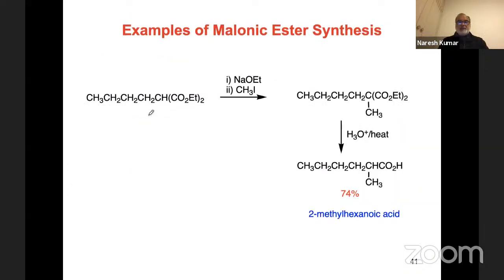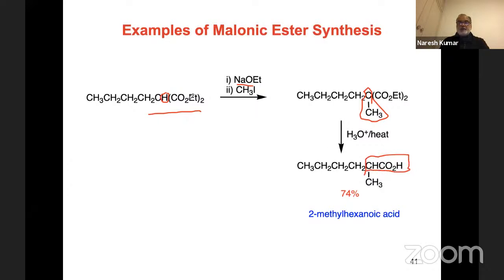So we take this intermediate which we had from the last slide, we treat that with a base again, and we remove this proton because this is an acidic proton. And then we react it with methyl iodide this time, and we put a methyl group on this particular carbon over here. Instead of CH, it becomes a CCH3. And now if you hydrolyze and decarboxylate, this is the end result